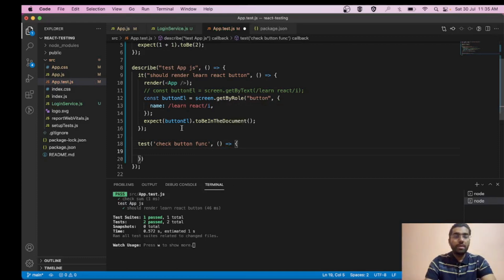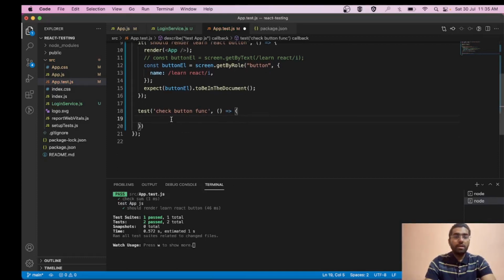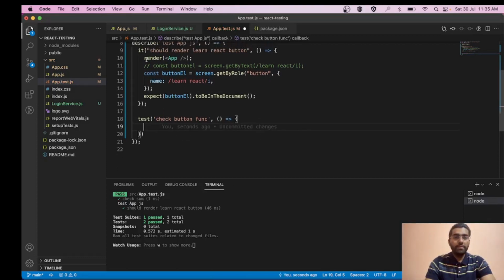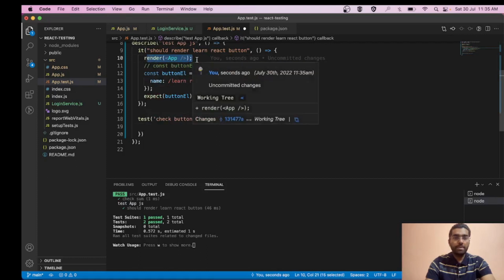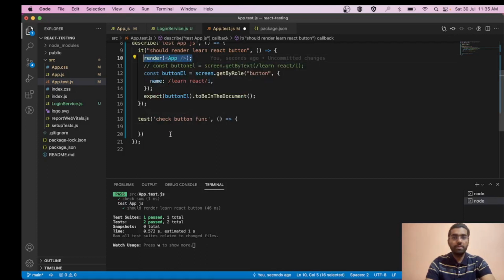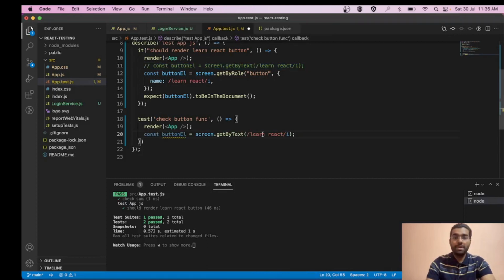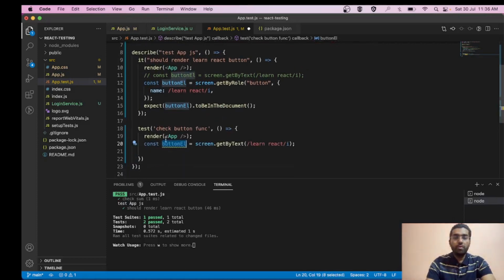Again, in order to check the button functionality, we will need to render the app. Simple, process number one. After that we need to repeat the same step once more, because we need to get that button element also. So we have that button element, and after this, we simply need to fire the click event basically.